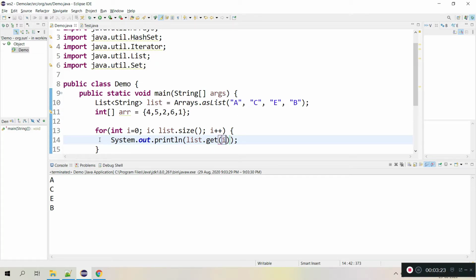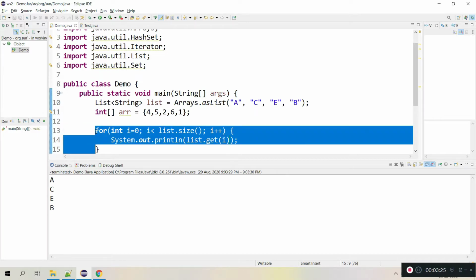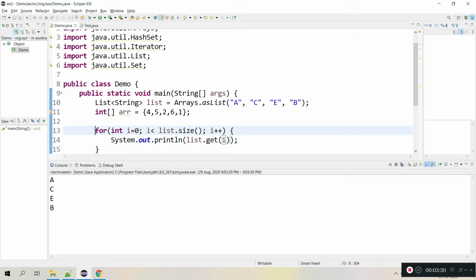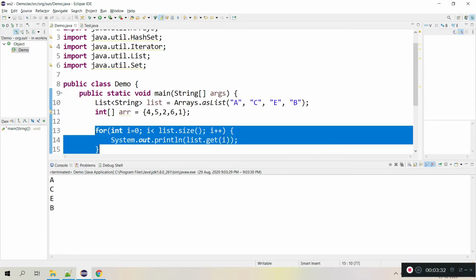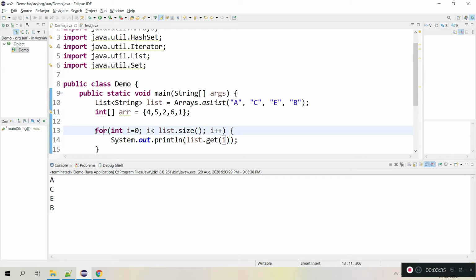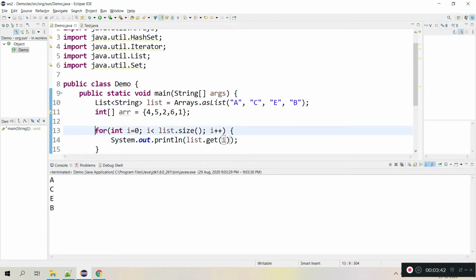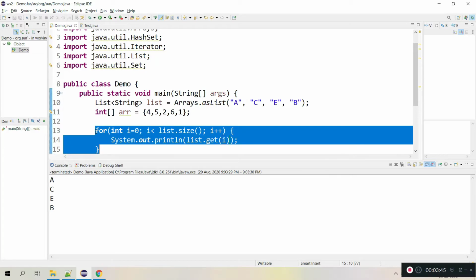Arrays are also index based, but here is one Java interview question. Let's say the interviewer asks, can you iterate a set, HashSet, or LinkedHashSet or TreeSet, whatever set implemented classes? So the answer is, what do you say? It's no, because sets are not index based. Sets are like a group of objects. They don't maintain any insertion order. In that case, we cannot use indexes to retrieve the elements.